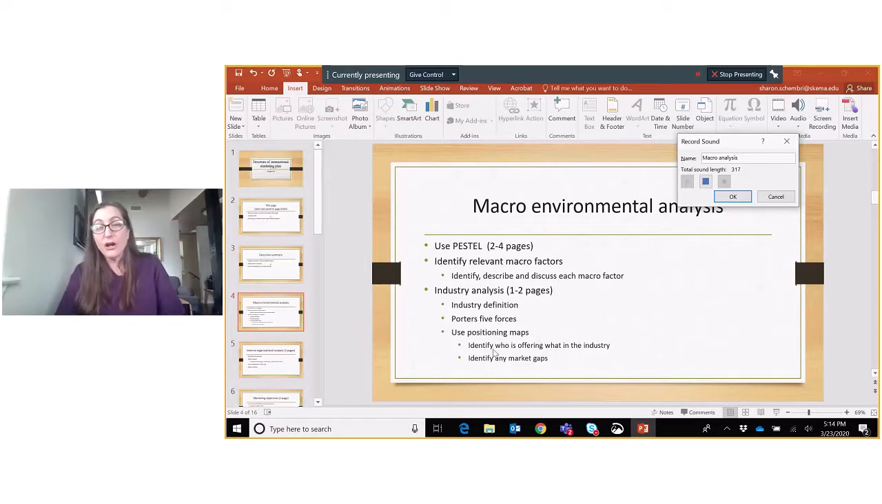So identify who is offering what in the industry. Now, to do a positioning map, remember, an important decision there is what's your evaluative criteria. The standard evaluative criteria, you've heard me say many times in the semester, is price and quality. But for example, if you're doing a